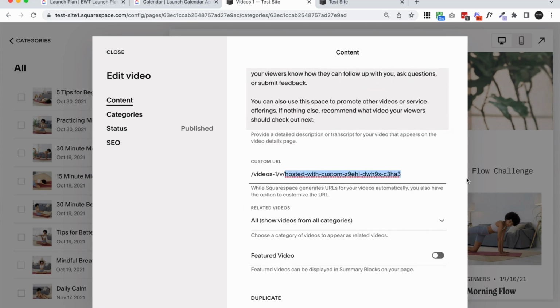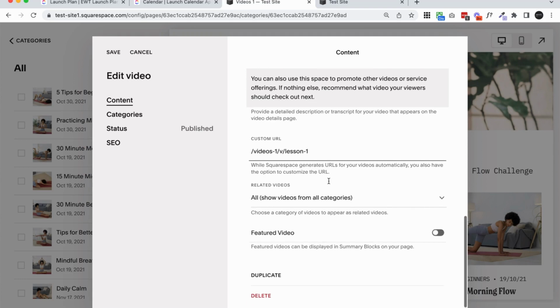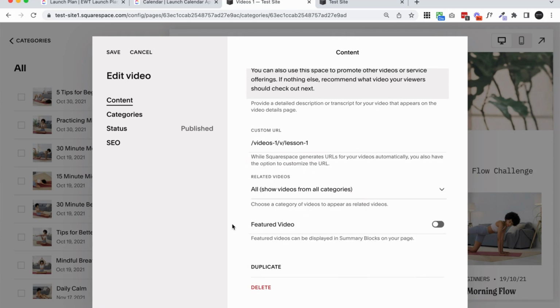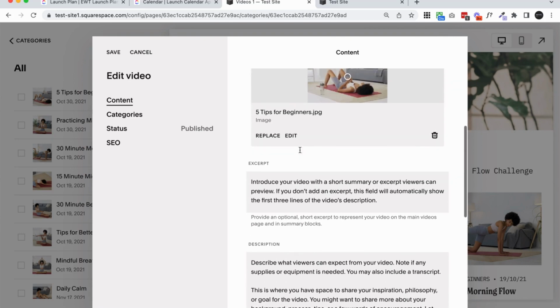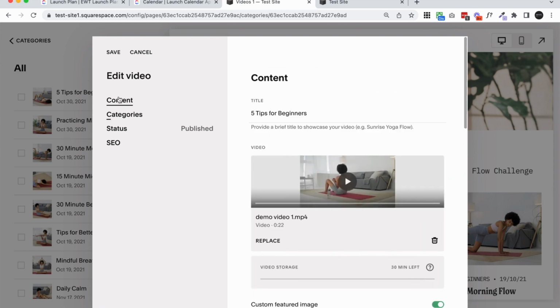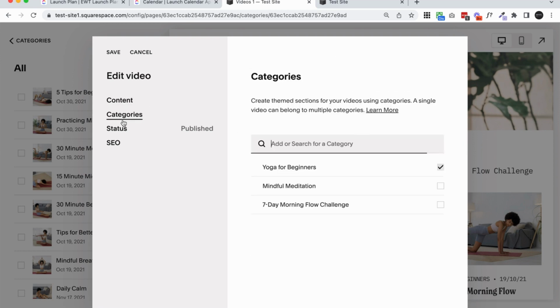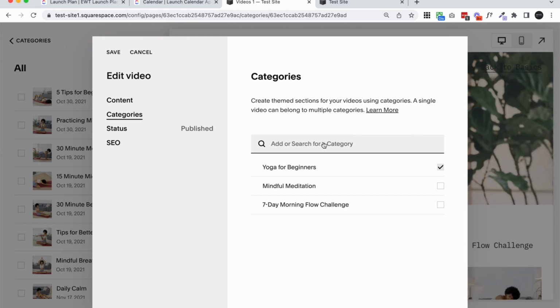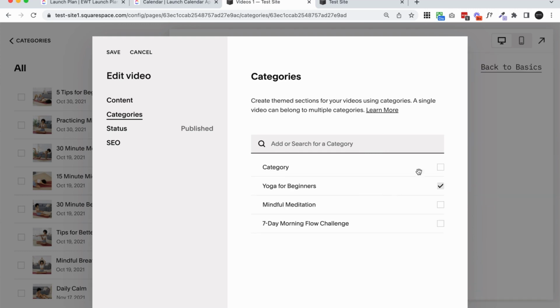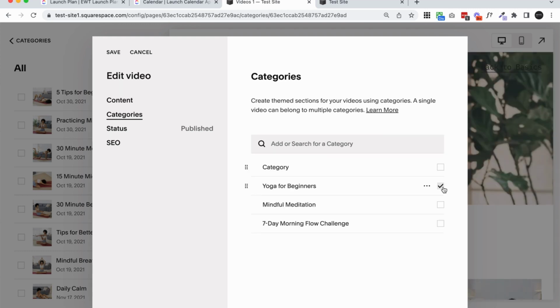You'll want to change your custom URL again. So let's just change it to something like lesson 1. You can play around with related videos if you want to. And what is important, I think, if you do want to use these video pages, is to set categories. So this is where you would set your category. You can just type in a category, click enter, and then you can toggle them on or off. So I'm going to toggle that on, click save,